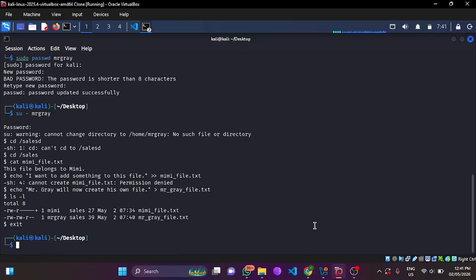So I'll simply exit and we are going to move to our next lab. So for our next lab, that is lab 12,